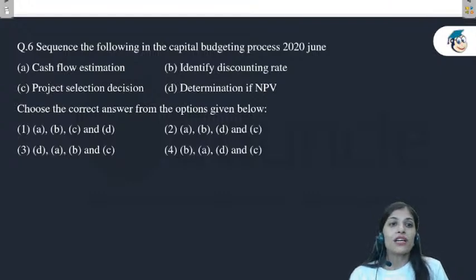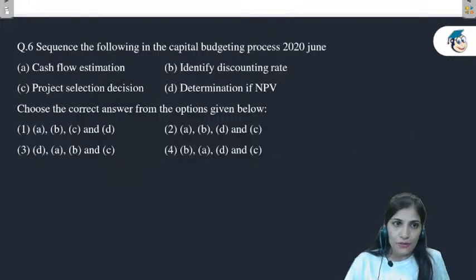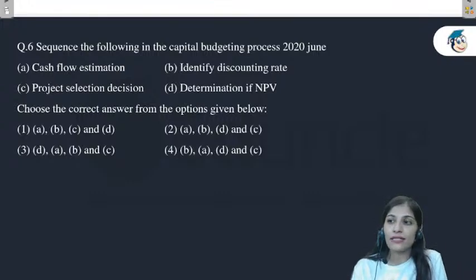So class, cash flow estimation, identification of discounting rate, project selection, determination of NPV. इनमें से what we have to do is arrange these given processes in capital budgeting, right? How are these elements ranked? So सबसे पहला what we have to do is,